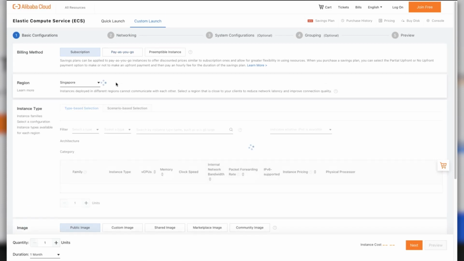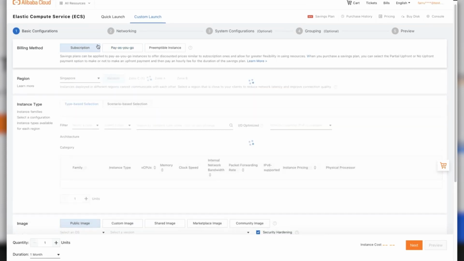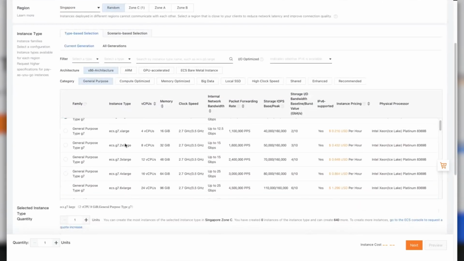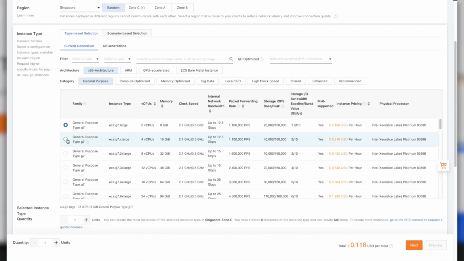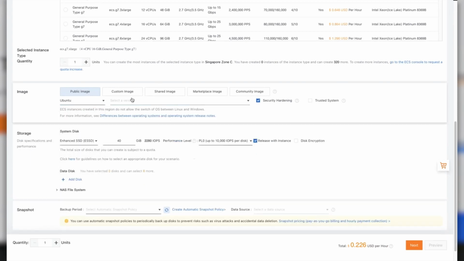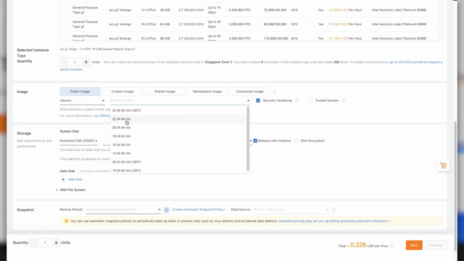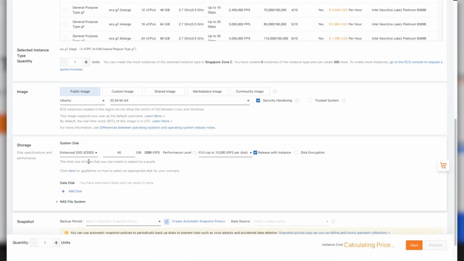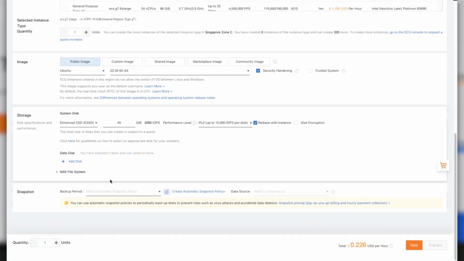Here we don't need the GPU instance, we just need some basic one. Again, we can go pay as you go or subscription. Maybe for vCPU, 16 will be more than enough. And here we will choose Ubuntu. Better to just use 22. Size, everything okay. Then the next,